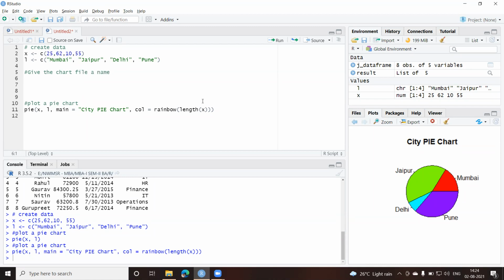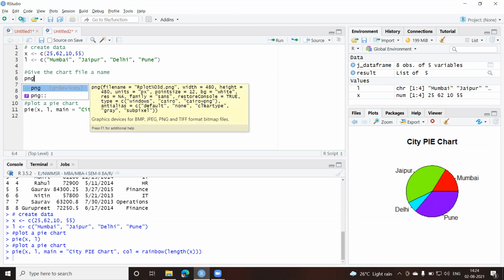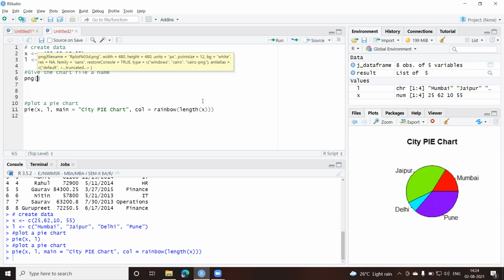There is a function by the name png, so I'll be creating PNG files. I can write png in round brackets and give the file name: file equal to, and the name of the file in double quotes.